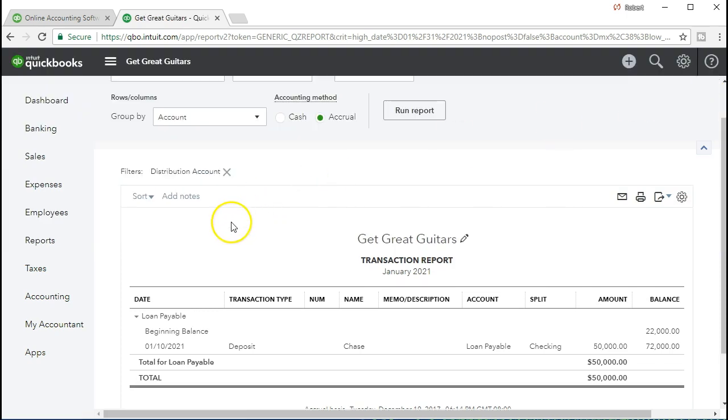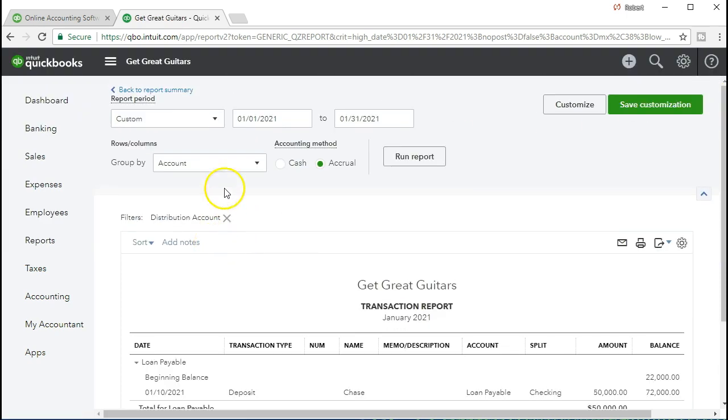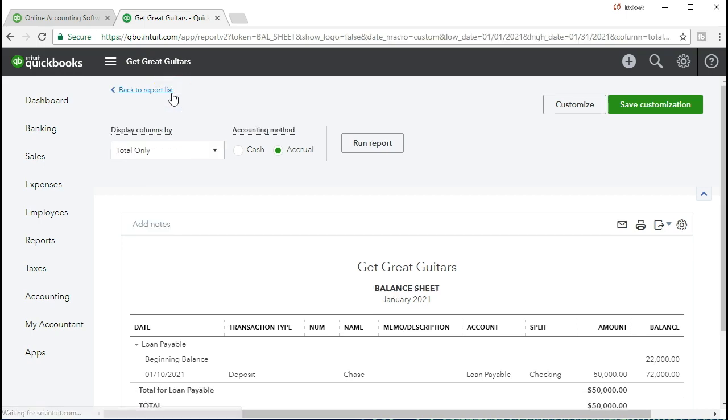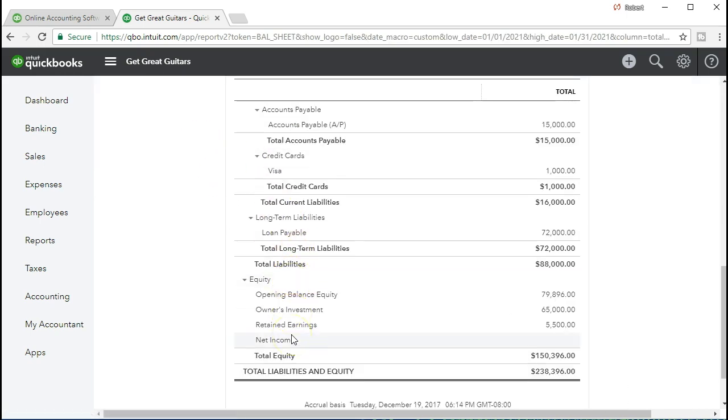Check the one other account affected. Scrolling back up to the top. We want to go back to our report summary. And that'll be the balance sheet report summary. And here's our equity section. It might be a little bit different than what we've been used to before in that we have this investment